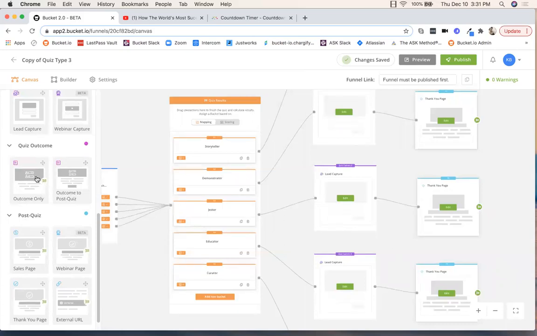So we all know what an outcome page is. Again, it's where you're going to present the outcome to your participant, or maybe you're just going to tease the outcome, whichever you choose to do. But something that's important to note over here on the quiz outcome pages, and I'm just going to show you,